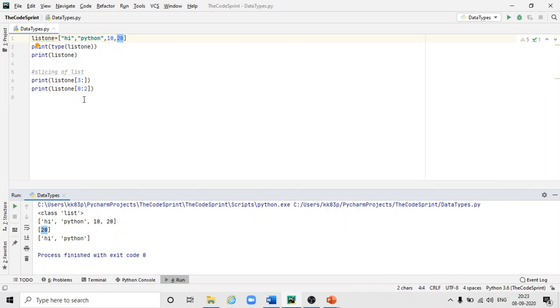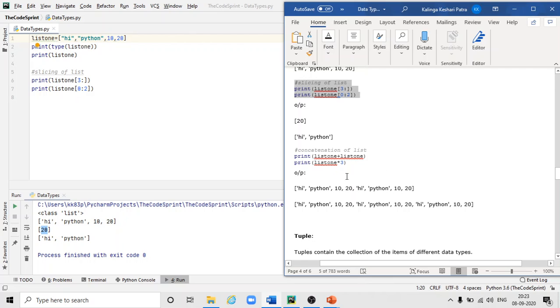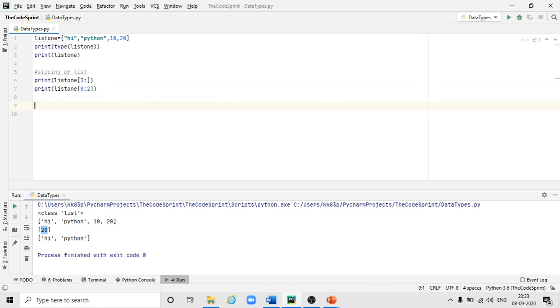Then after that it is printing the elements from 0 to 2. It means this and this, because the element at the second index will get ignored. As I said, it will print till the upper boundary minus 1, so it will print only hi, Python. So next, we will use the operators now.